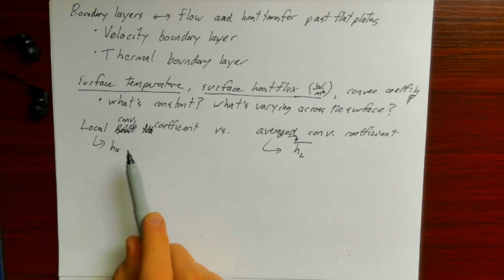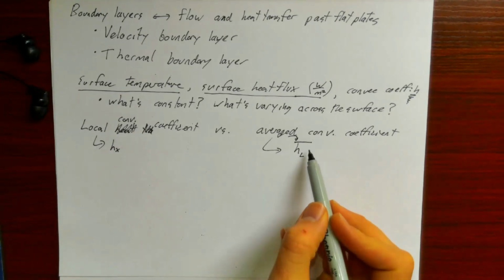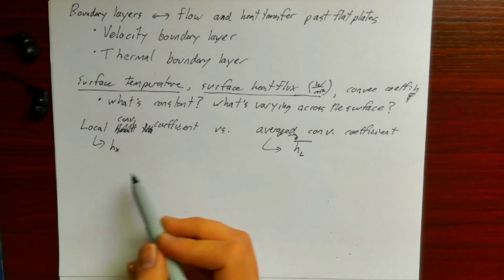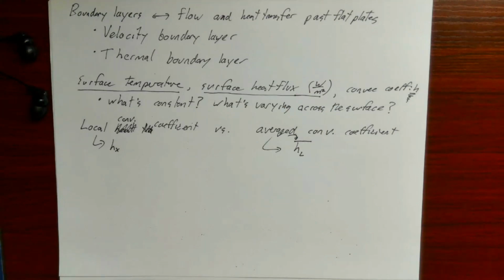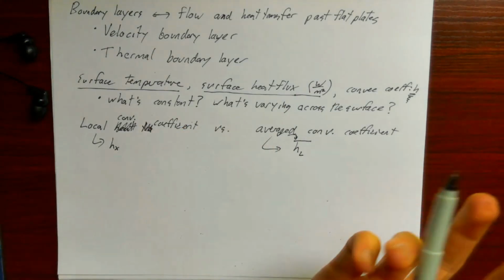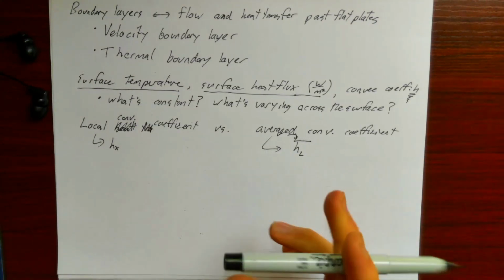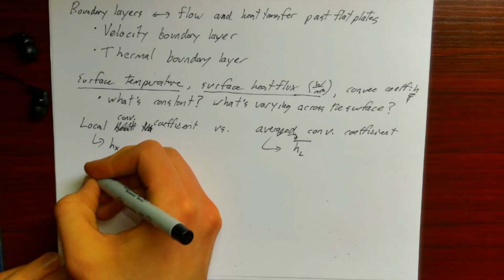And we'll talk about under what circumstances, for what types of problems might we use h sub x, for what types of problems might we use h sub l, what are the relationships between them, and what relationships do these allow us to make between other things like heat fluxes and temperatures and heat flows and things like that. Then we'll wrap up today's discussion with